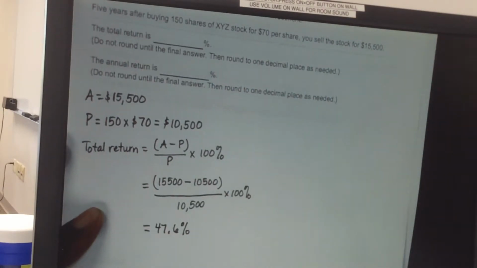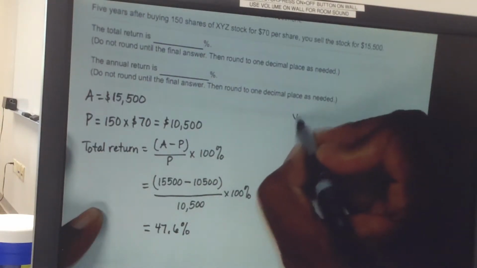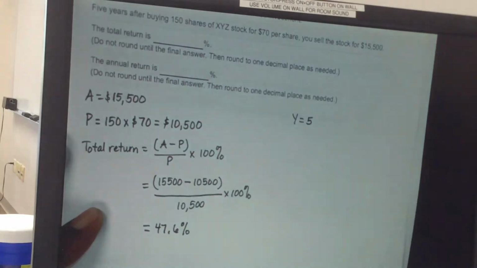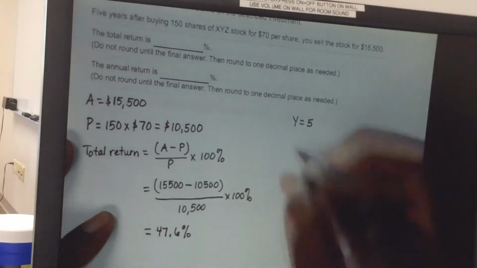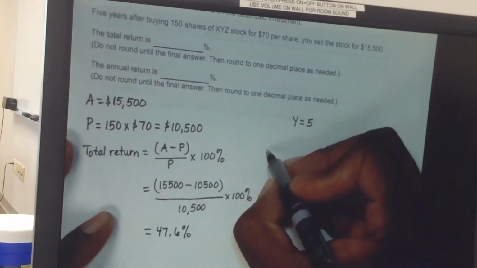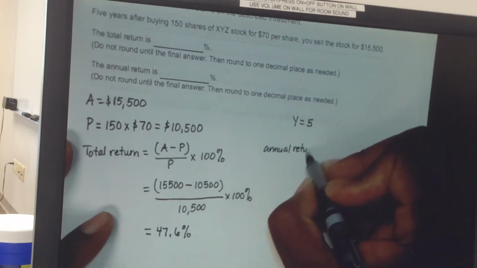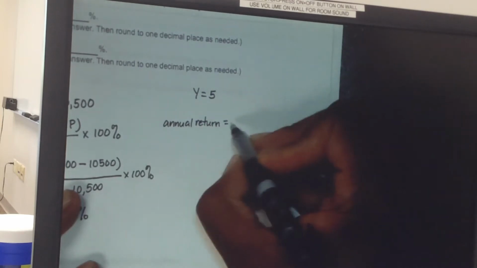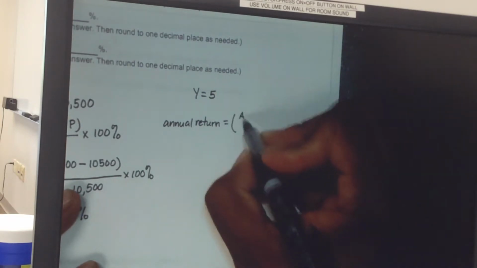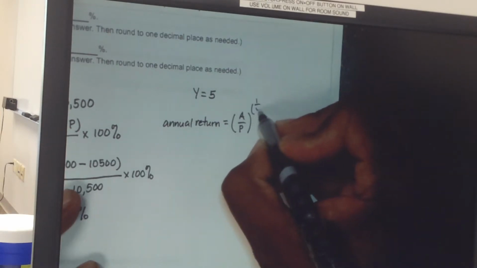And now for the annual return, well, I know Y is going to be equal to 5 because this is 5 years after buying 150 shares. So to find my annual return, that's going to be equal to A divided by P, and that quantity is to the 1 over Y power,